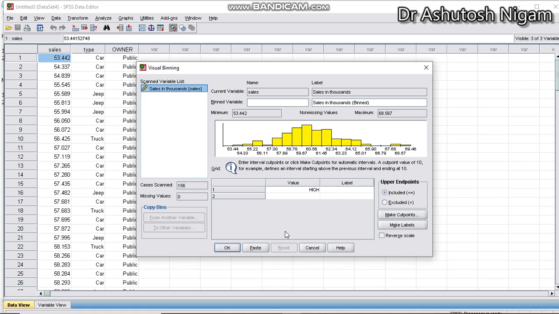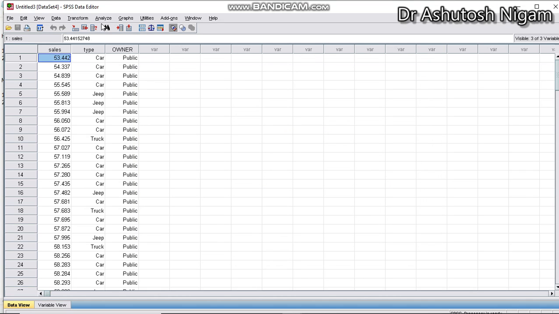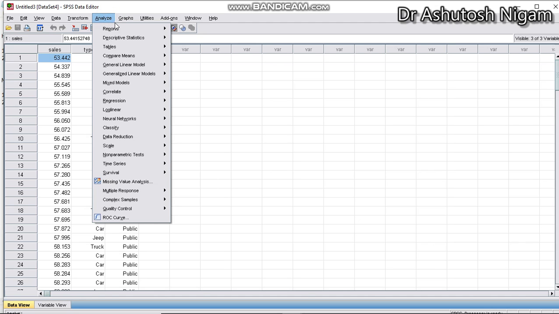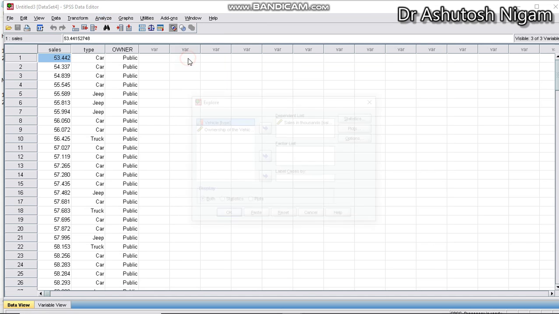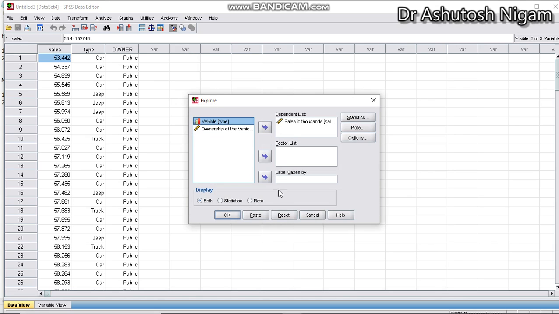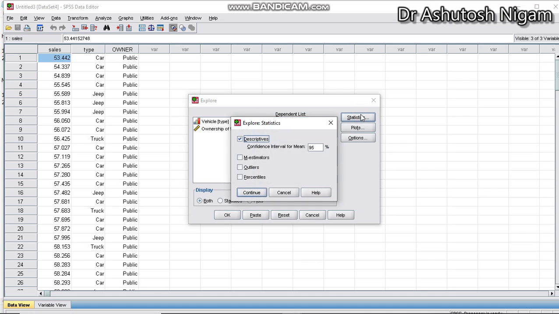We have another numerical measure of checking the normality, that is the one sample KS test. You click on analyze, you click on descriptive, you click on explore. We want to check the normality of our variable named sales, so we are going to move it over here. Then in statistics we are going to check outliers, because outliers are going to help us whenever you are not able to get the data to be normally distributed. You remove the outliers from the data and you are able to get normally distributed data.